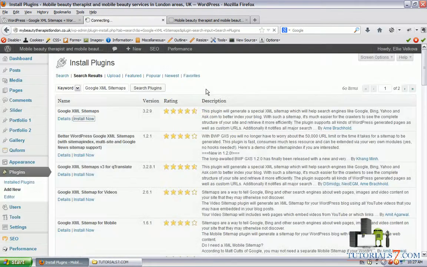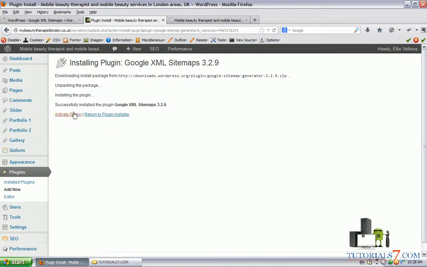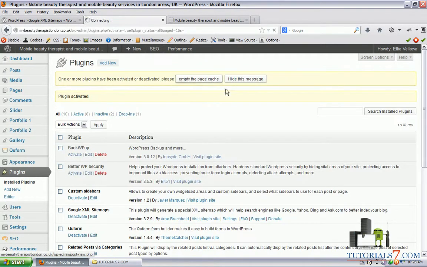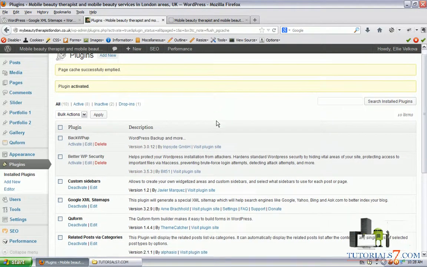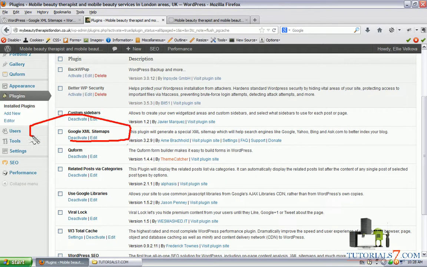So we'll install the plugin now. Okay, so let's activate the plugin. And here's the plugin itself.